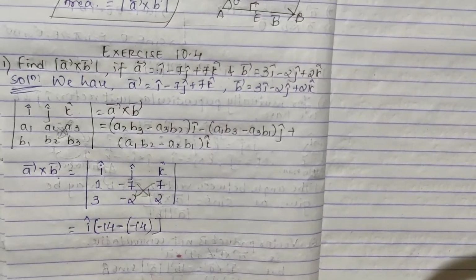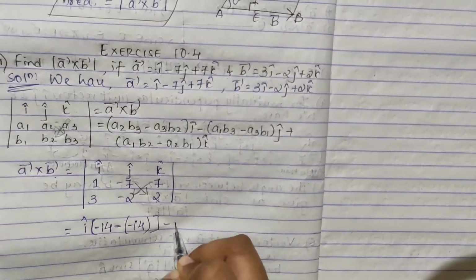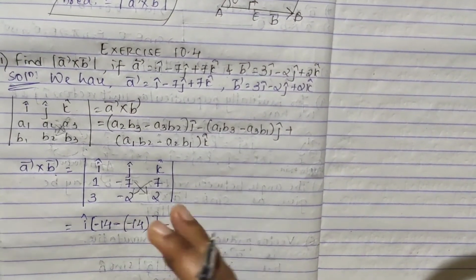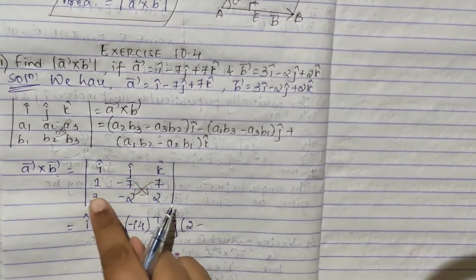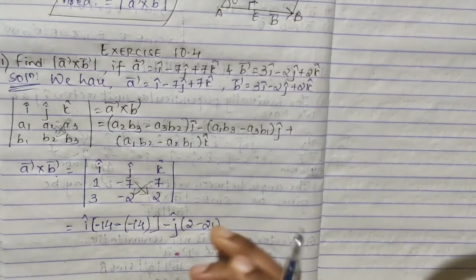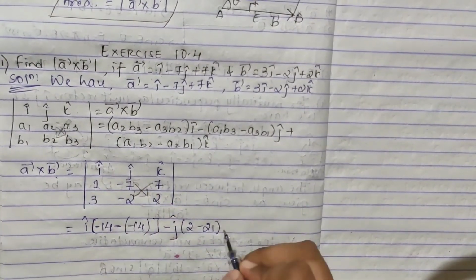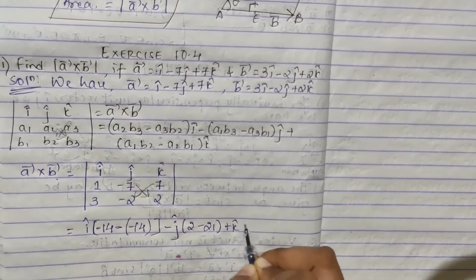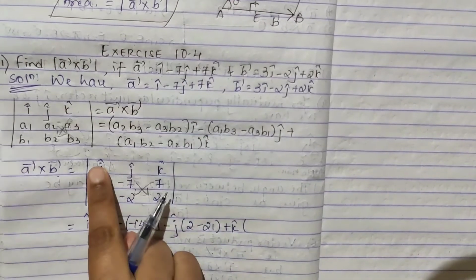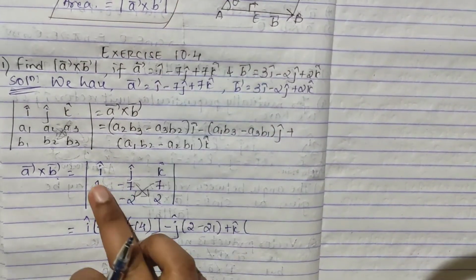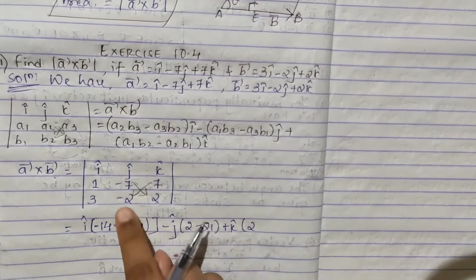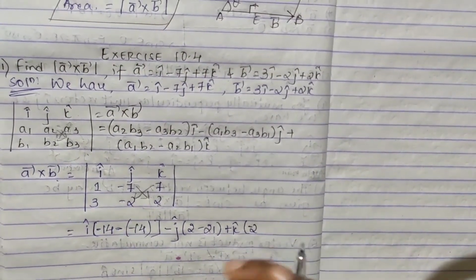So close the bracket. Again minus J cap form. Place for J cap, you are getting 1 2s 2 minus 7 3s 21. Like this multiplication. Again plus K cap you have. For this positive, for this negative, for this positive. K cap again place 1 2s 2, but it is minus 2. So this will be minus 2.